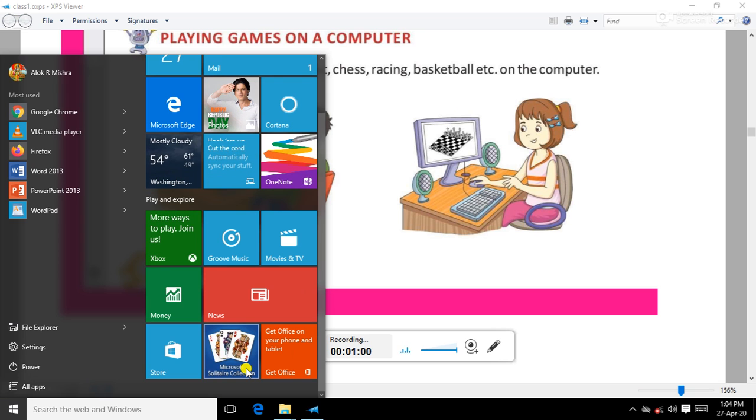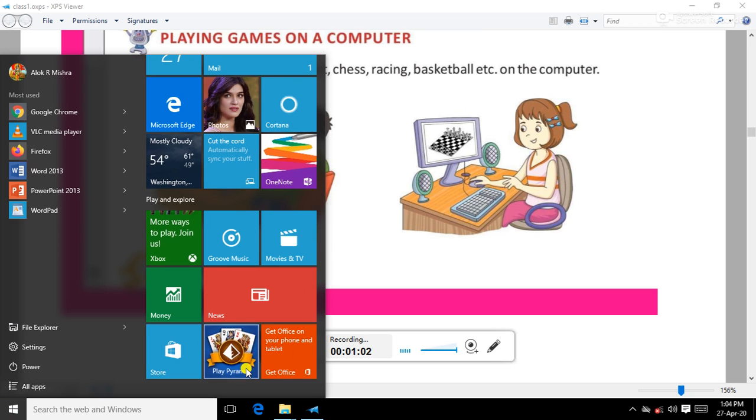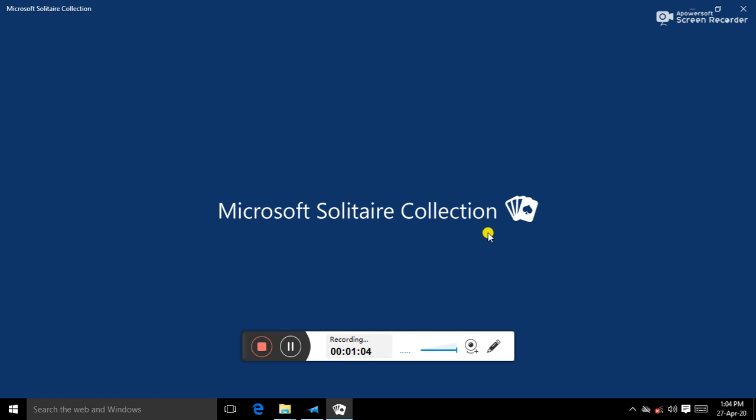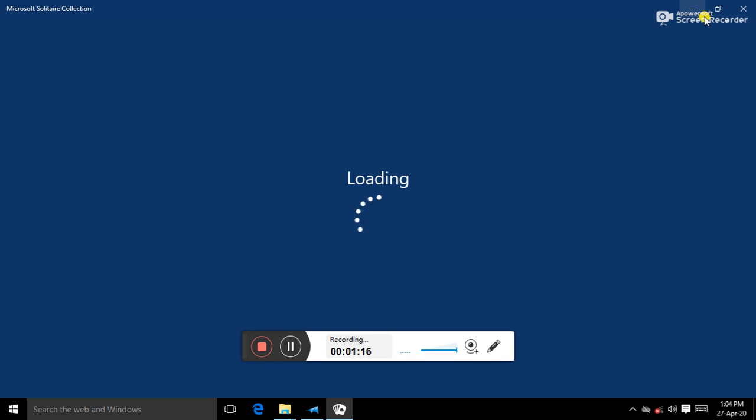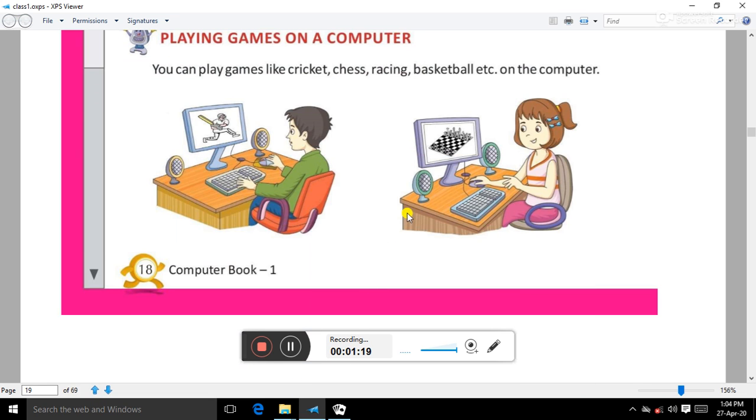If I click over here, a window will open, right? This window will open and you can play games. This game is free of cost, and if you want to play some games from the internet, they might be chargeable, so you can play games from there as well.